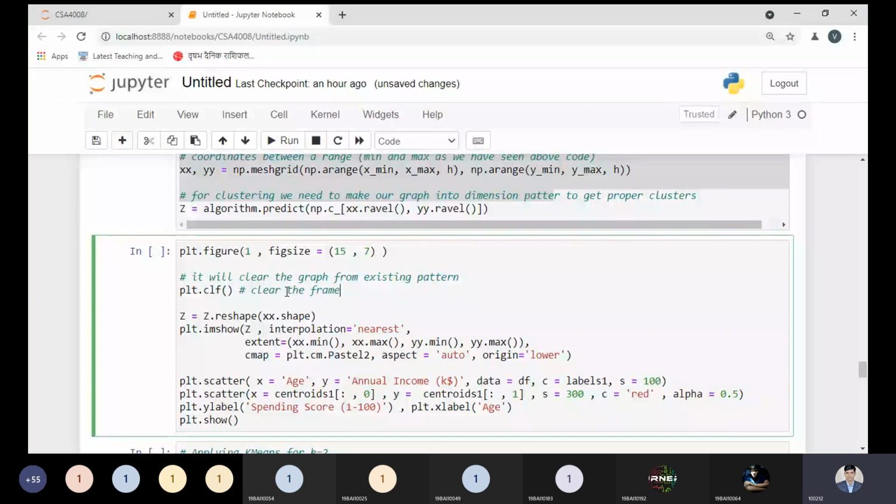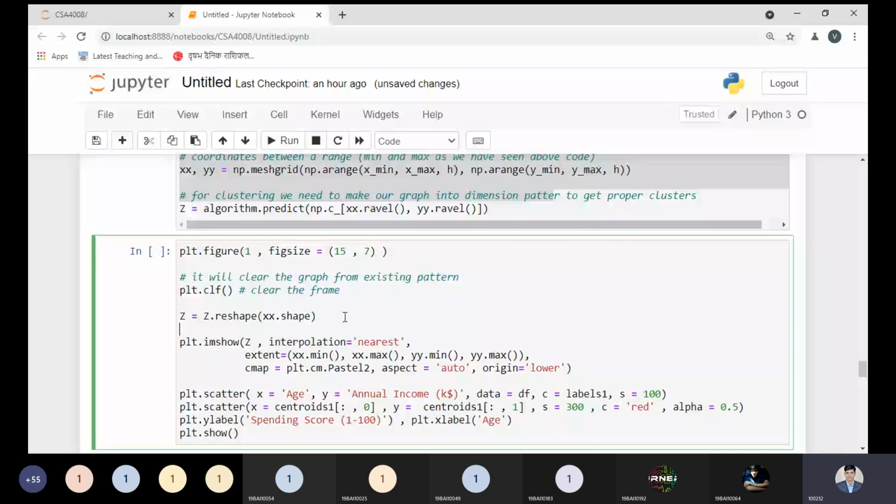And we need to reshape Z. We need to reshape it towards the shape of X, so that it will fit and represent the information. So it is required, and we are changing its size towards X. You can see this is the way.